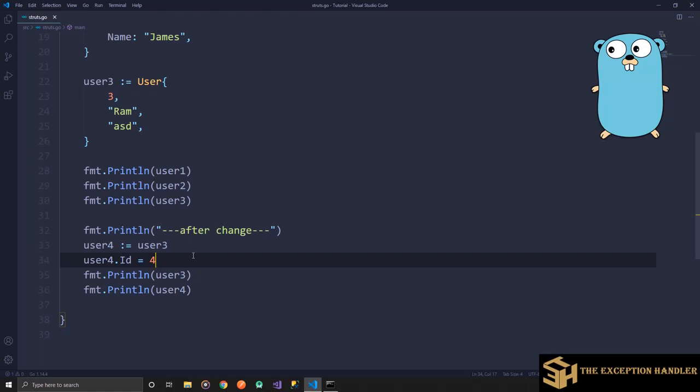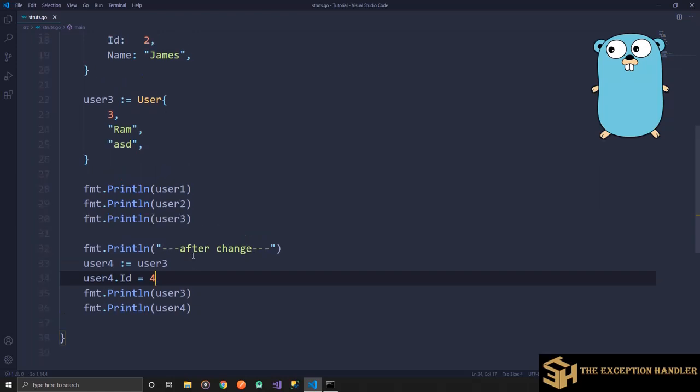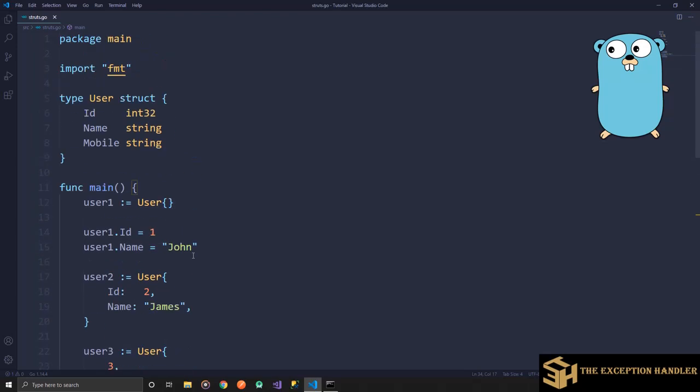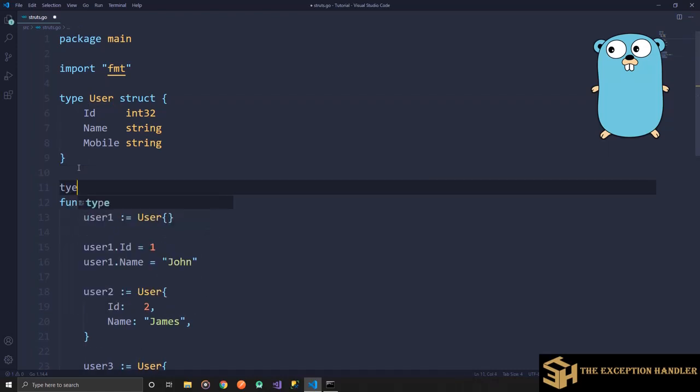So you need to be very careful about that. Now, let's also consider how we can do embedding that is almost similar to inheritance, but not exactly similar to inheritance. Now, let's say I have a user type created over here, and now I create a type of, let's say, admin,